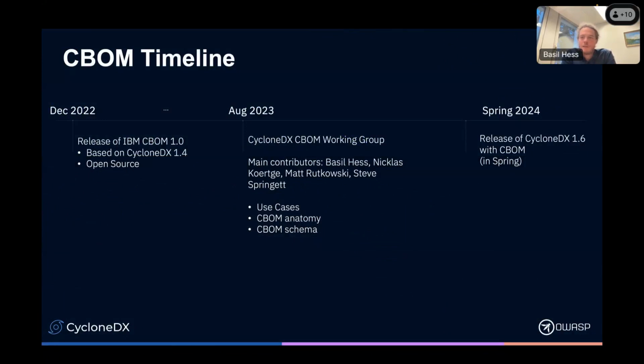We actually started this work before December 2022 with a project at IBM Research about crypto discovery, basically the need to collect information about cryptography and its dependencies to other software. We quickly found that we need a unified format, or a model representation, to be able to capture relevant information about cryptography and its dependencies.